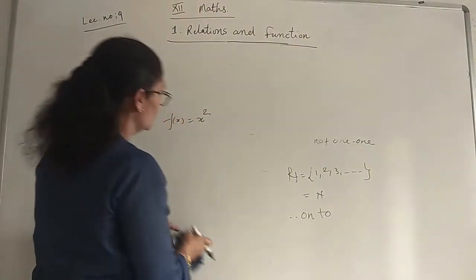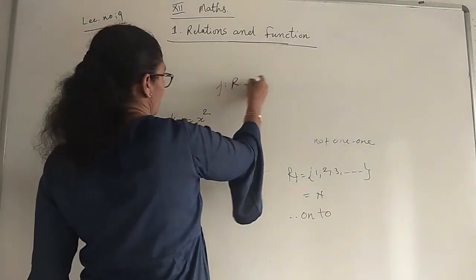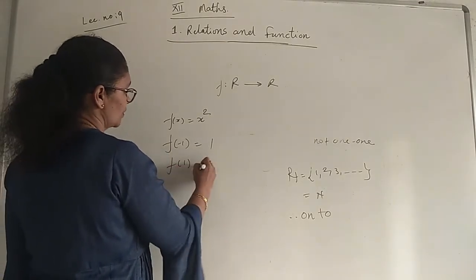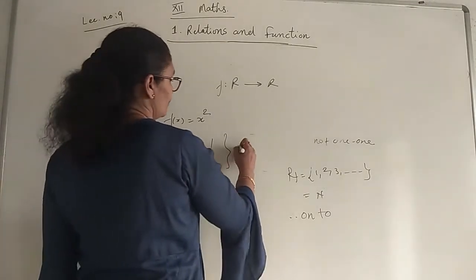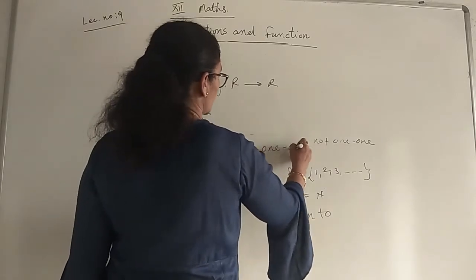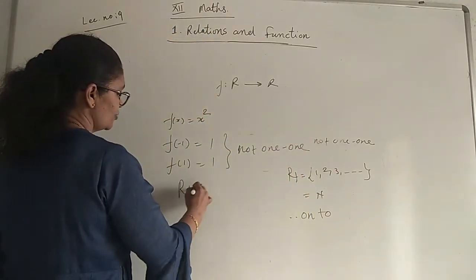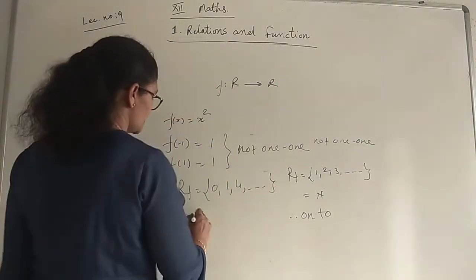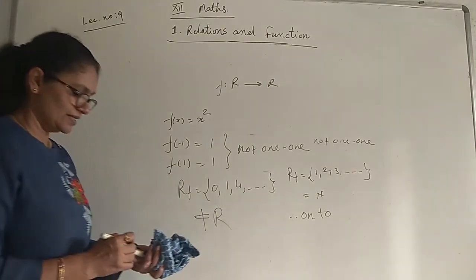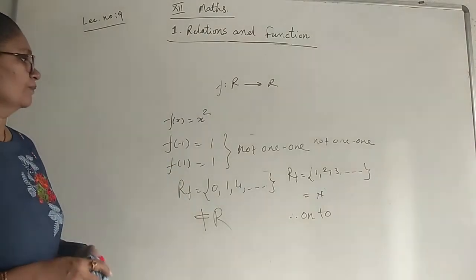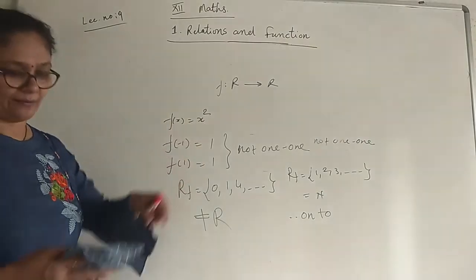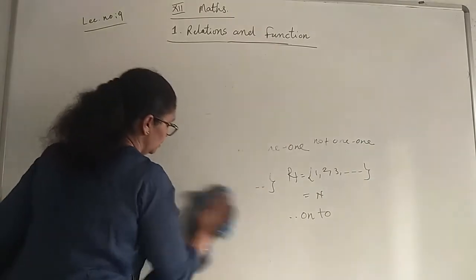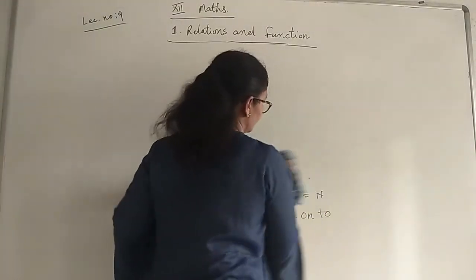Let's consider it one more time and discuss it. First, f(x) equal to x square is given and the function is mentioned from R to R. Let's start with a negative number, minus 1 square is 1, plus 1 square is 1. So from this only, not one-one. First part true. Now when you find the range of it, you get 0, 1, 4 and all those numbers, which is not equal to R. So you can say it is not onto also. So when you get a term with square, it is not one-one and not onto. Okay.